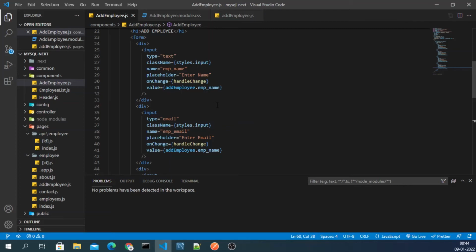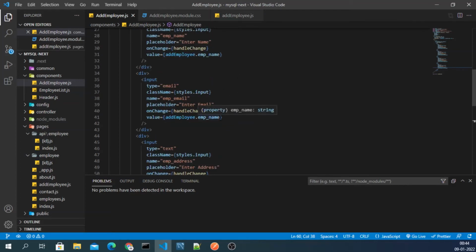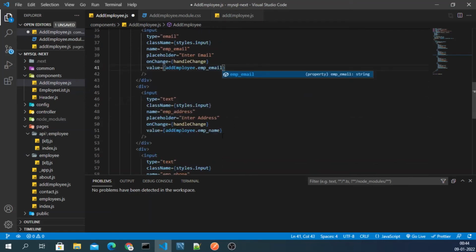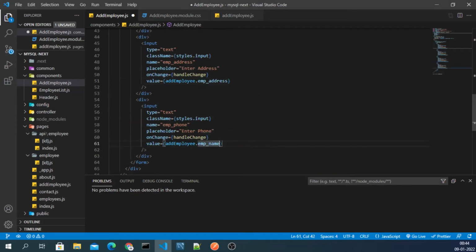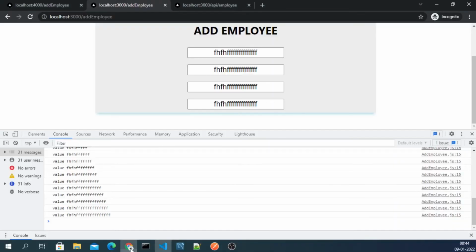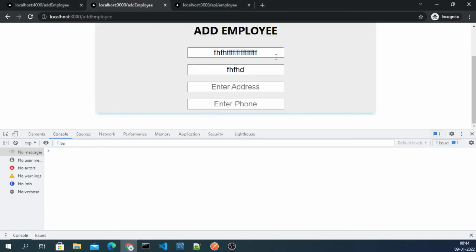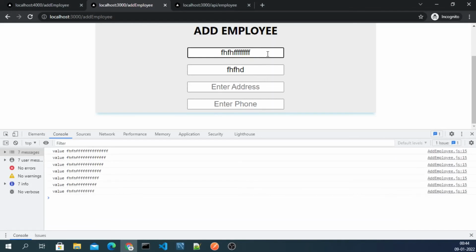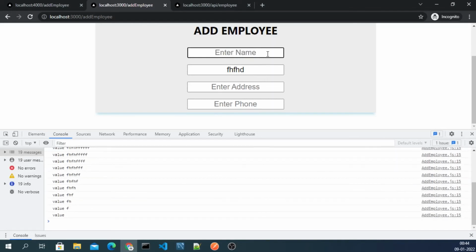So guys, because we were email, and then we have this address, and then we have this phone. All right, so if I clear this, now you can see guys, it is working. If I'm typing, it is only in the email field, right?